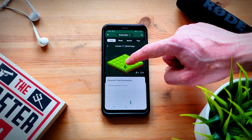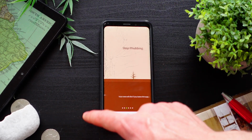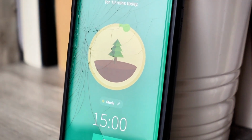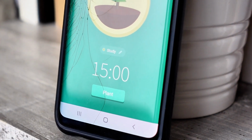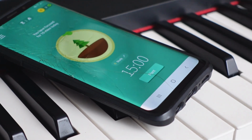You might ask, why the hell should this help me? Once you grab your phone and do something else and use another app or close the app, then this little tree will never experience what it's like to be a grown tree because it gets chopped down and killed. Do the work and not touch your phone and you will have a tree at the end. Grab your phone and do something else instead and this tree will be gone, which of course seems stupid because it's just a little virtual bunch of pixels that look like a tree, but this actually really motivates me to just sit down and not touch my phone, so you might give it a try. And this is actually a great method to use the Pomodoro principle because...